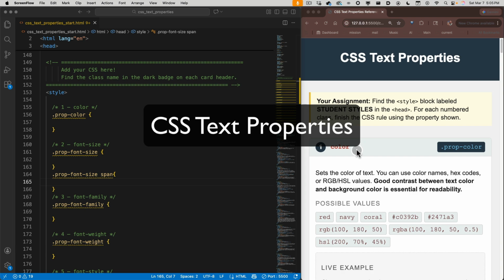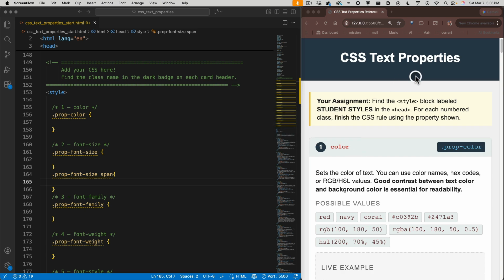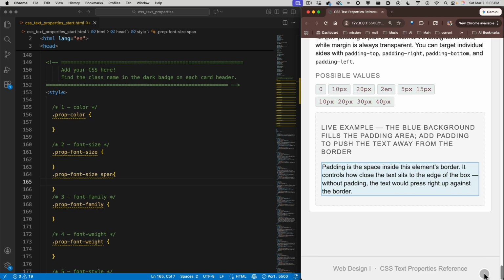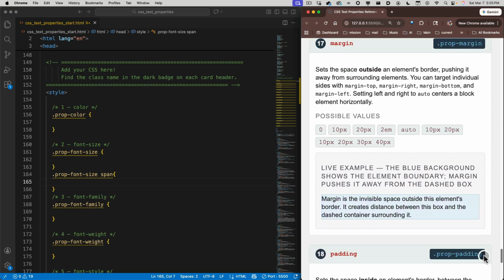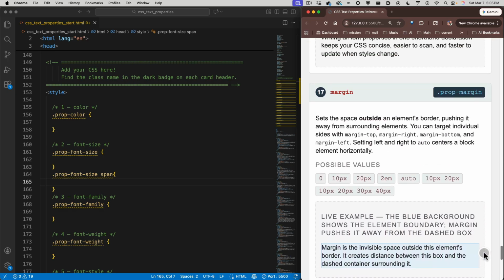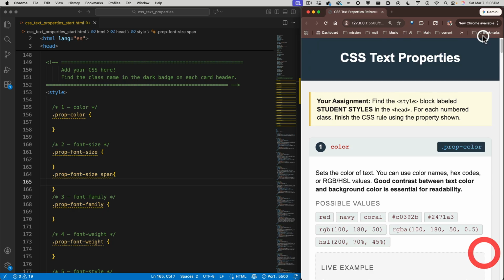All right, hello again. So in this video, we're going to go over CSS Text Properties. Some of these you may have seen before in other places, but I wanted to collect them all in one spot so you'd have a handy dandy reference for CSS Text Properties. They're not all text either. Some of them are like margins and padding, which can affect how text looks, but it's not really text itself. But yeah, so I thought I would give you guys a rundown of the most commonly used CSS